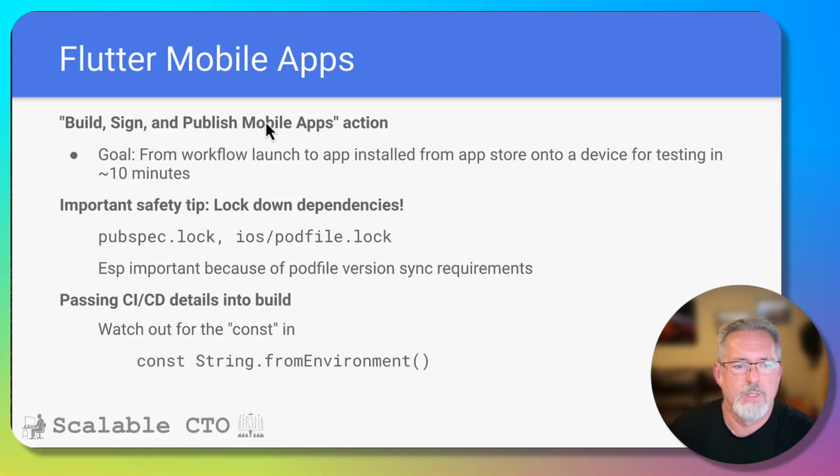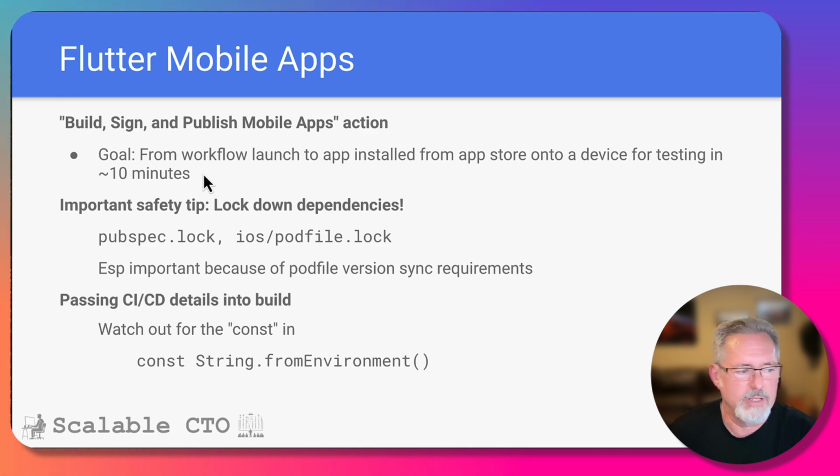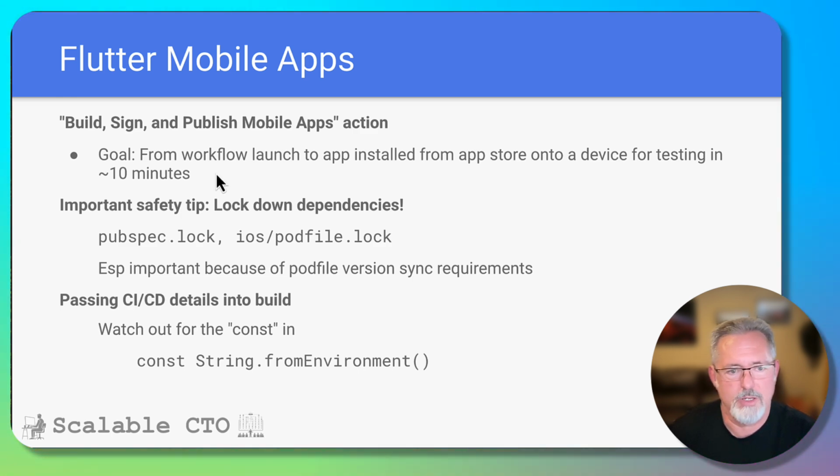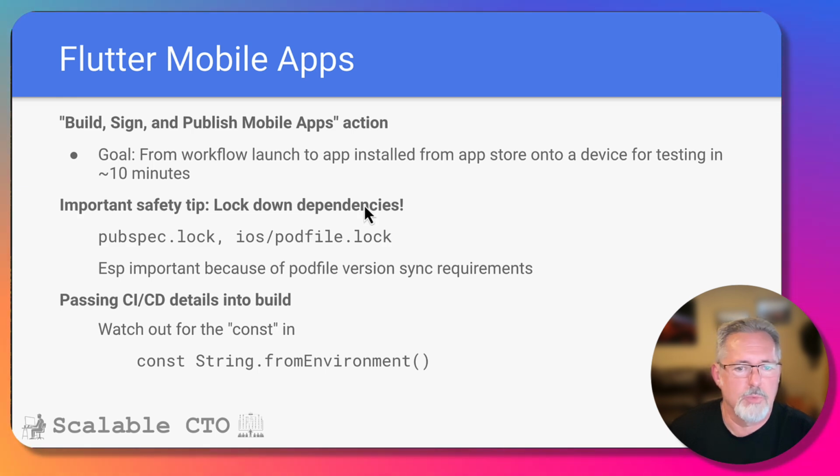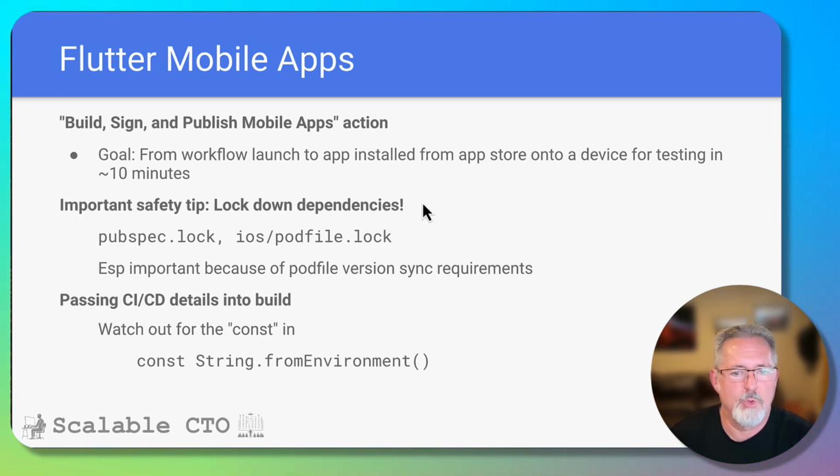And it works. You can push the button and within 10 minutes you get a ding on your phone, Android or iOS. You can click a button to download it and you're running that code on your phone, which is pretty awesome. So an important safety tip with Flutter projects: by default, pubspec.lock is going to be in your